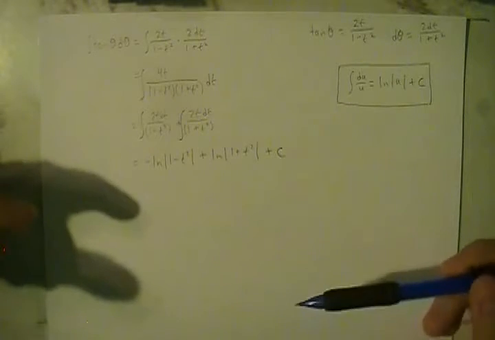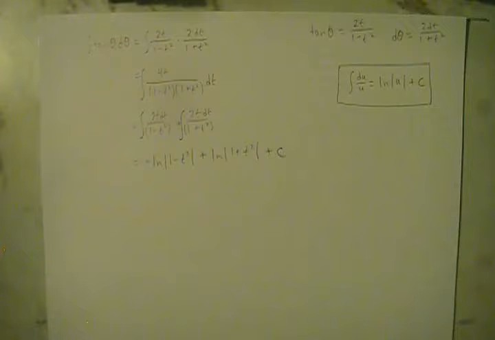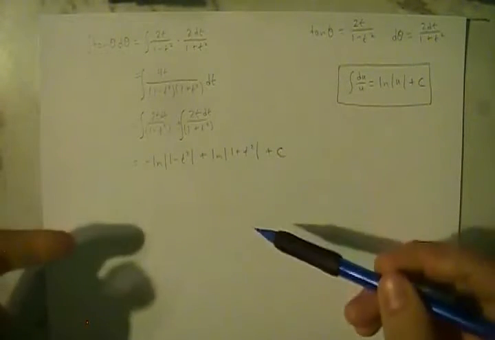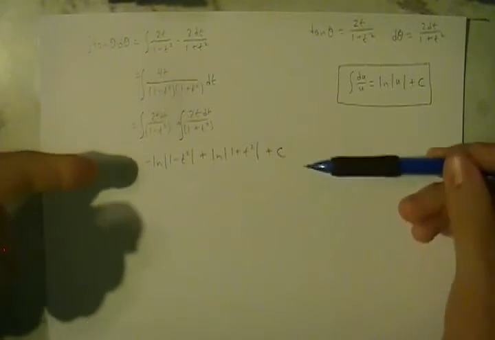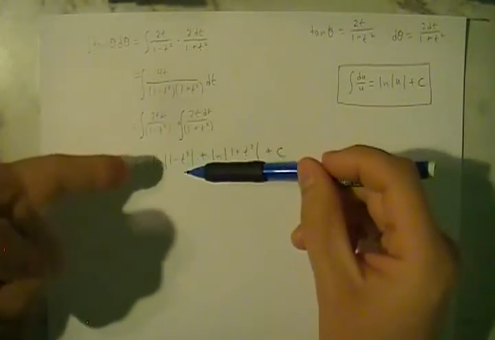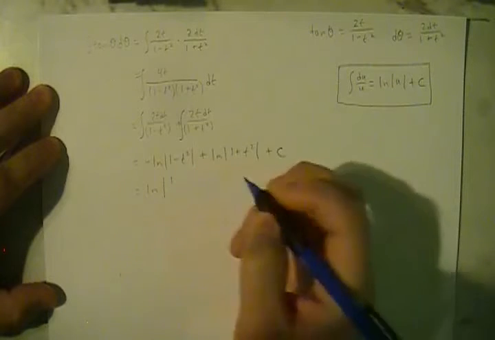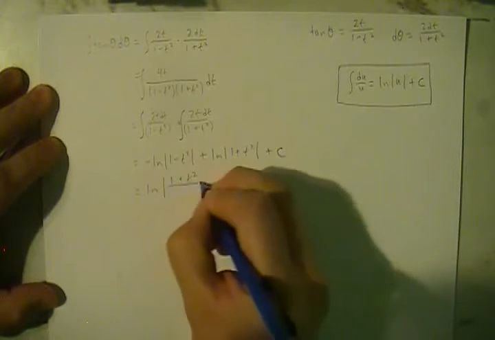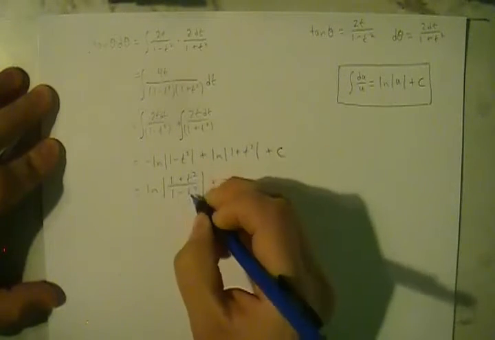So in future videos I'll talk more about how this is derived as well. I find that interesting. I know I'm kind of skipping a full in-depth explanation here, but this integral, at this point it's just going to be properties of logarithms. If I have this logarithm and I subtract this logarithm from it, I can rewrite this as the natural logarithm of 1 plus t squared divided by 1 minus t squared plus c, which, if we recognize this, is actually